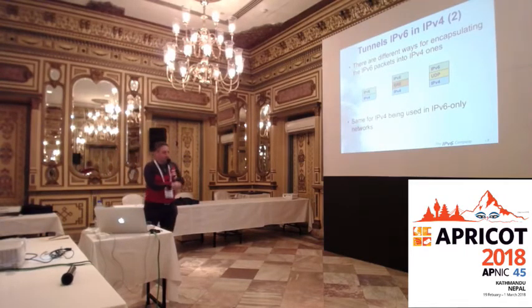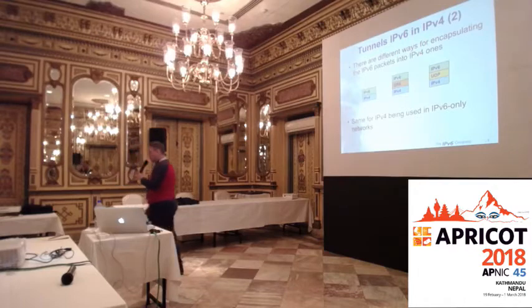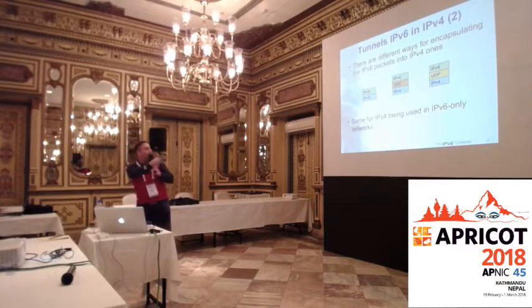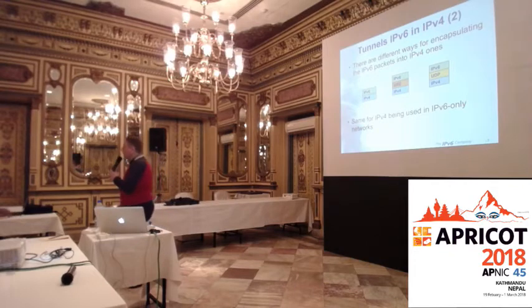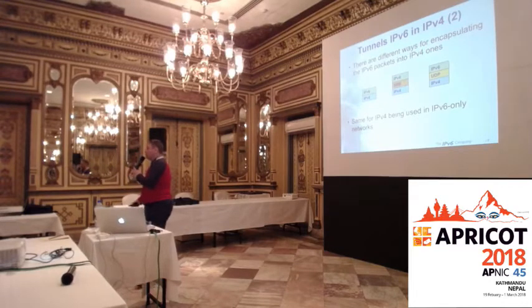So, the most simple one I just described is 6in4, IPv6 in IPv4. It's just using IPv6 as payload of an IPv4 packet. There is another very common mechanism for tunneling, which is GRE. I think it's protocol 47. GRE is very common in ISP networks for configuring manual tunnels, because in the case of 6in4, there is not a control plane. So if the tunnel is broken, you only know that because the data is not reaching the